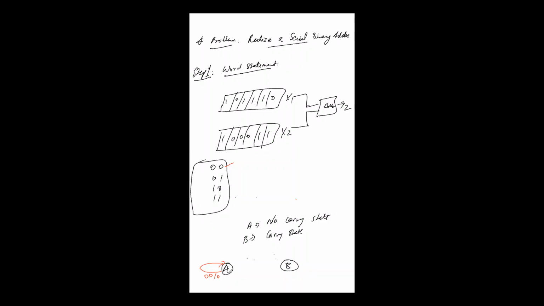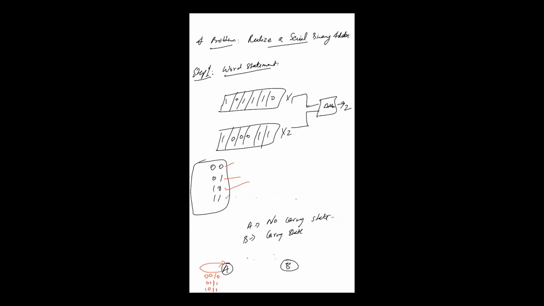Now again, if you are at state A, that means you are at no carry state, and if you are going to add 0, 1, now the number is 0, 1. If you add 0 and 1, the sum will be 1 and carry will be 0. If you are having 0, 1 as your input, sum will be 1 and carry will be 0, right? If you are adding 1, 0, again carry will be 0 in this case, and output will be 1,